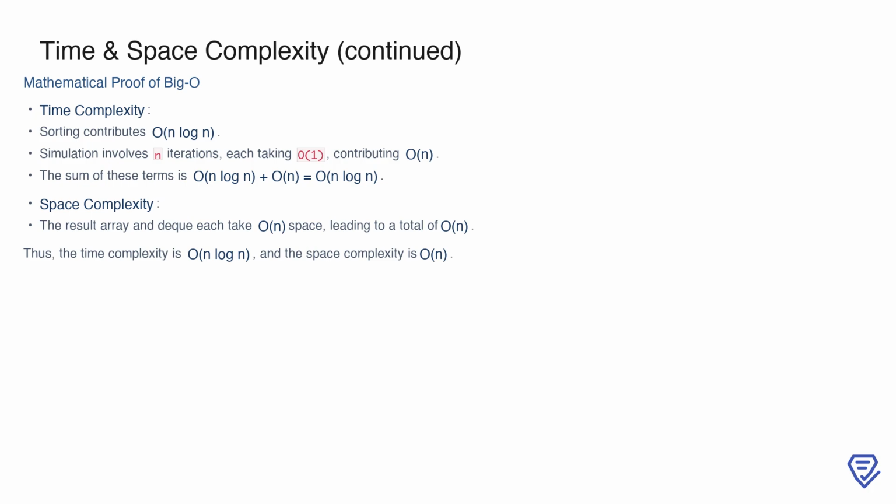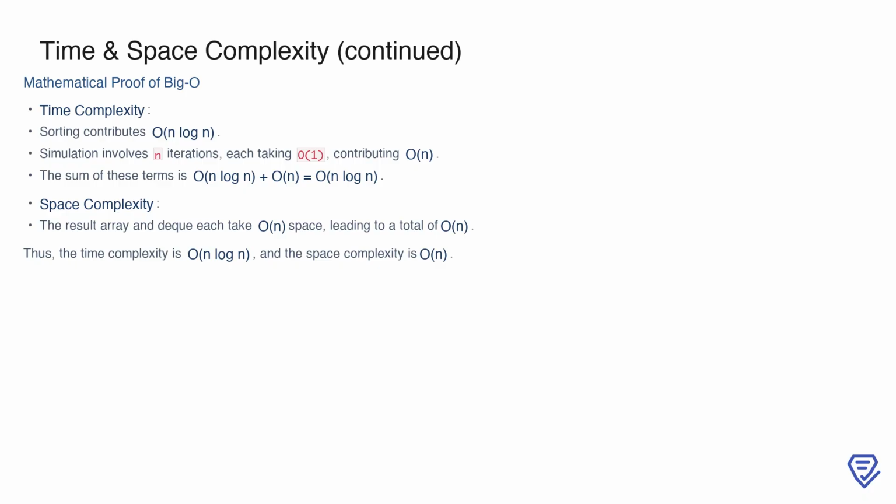The simulation process, which involves n iterations of O(1) operations, adds n. Adding these together results in n log n plus n, which simplifies to n log n. For space complexity, the result array and the deque each require n space, resulting in a total of n. These calculations confirm that the solution is efficient both in terms of time and memory usage, making it the optimal